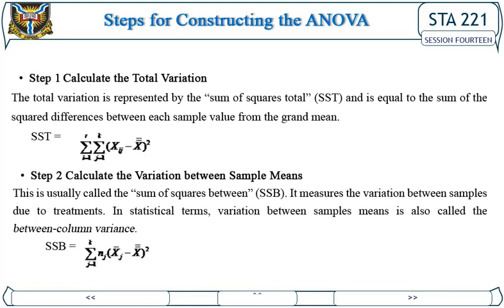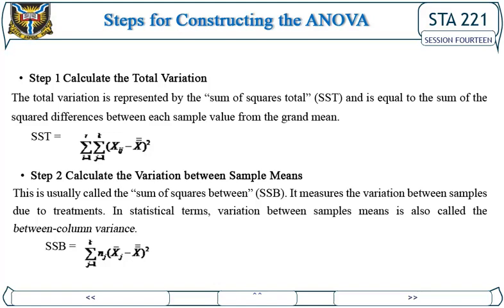Steps of constructing the ANOVA. Step 1. Calculate the total variation. The total variation is represented by the sum of squares total, SST, and is equal to the sum of the squared differences between each sample value and the grand mean. SST is equal to